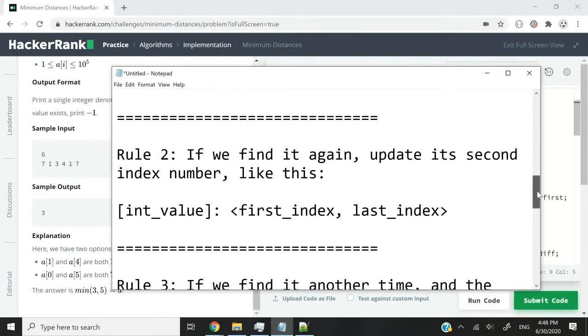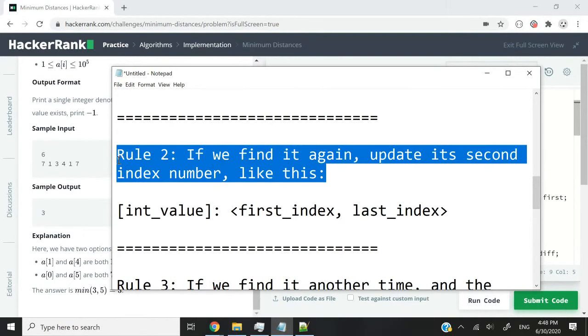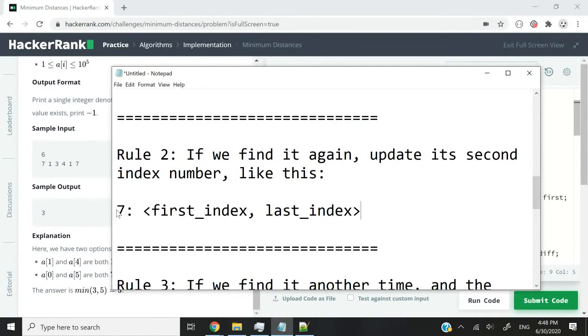Now, rule number 2, if we find that value again, we need to update the second number corresponding to the index like this. So let's say we have 7. We already found the value 7 at index 0. Now we would need to add 5 here. Why 5?